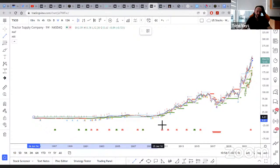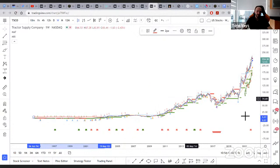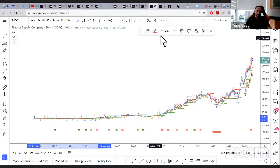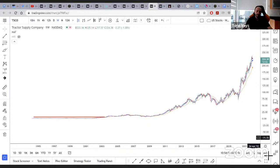on a weekly scale. This is your phase 1. Should be red. That's great. Hey, Mark, if you're watching, that's a beautiful one. I almost want to take off the MRI for it to be cleaner. It's a beautiful hyperwave. Maybe even a little too long, but